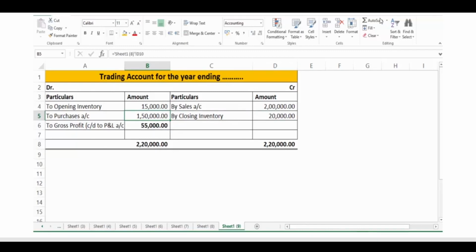And if the balance of the credit side is more, then the difference is written on the debit side, like what we did here. This amount will be carried forward to profit and loss account on the credit side. In case of loss, that is, if the debit side of trading account is higher and exceeds the credit side, then that amount will be written on the credit side of the trading account and it will be transferred to the debit side of